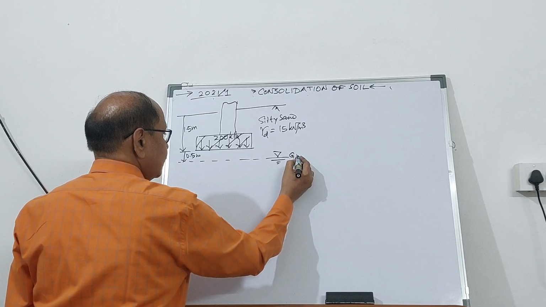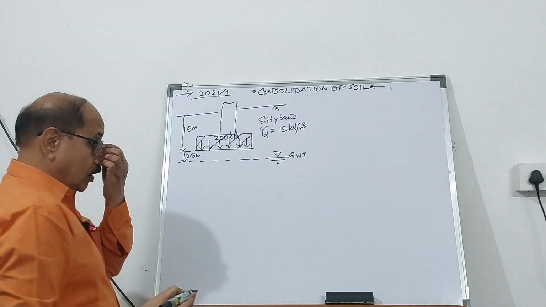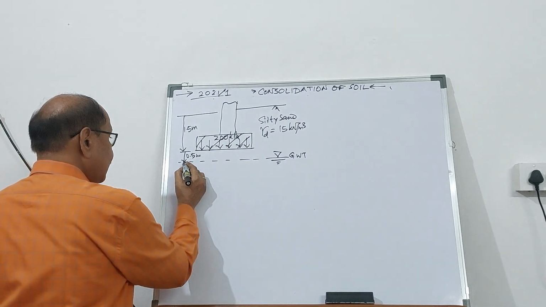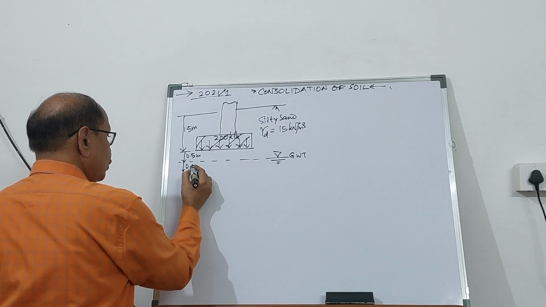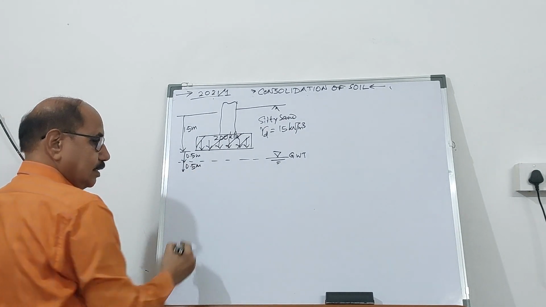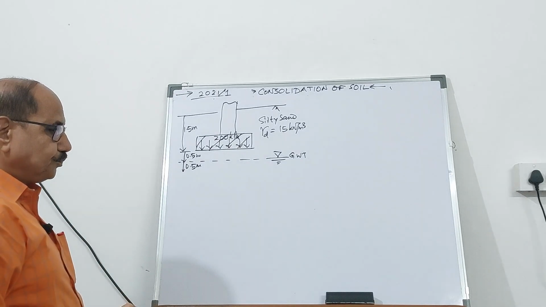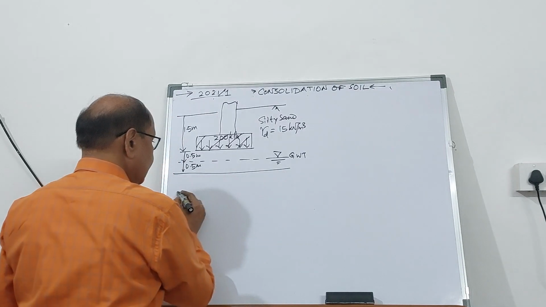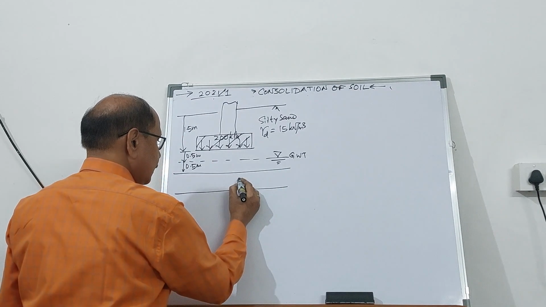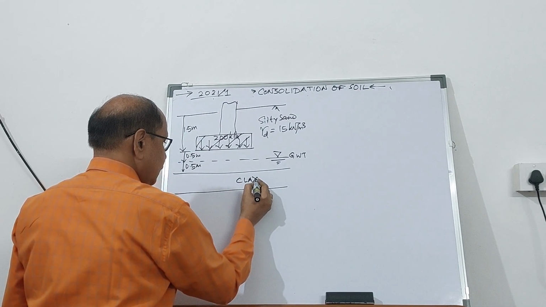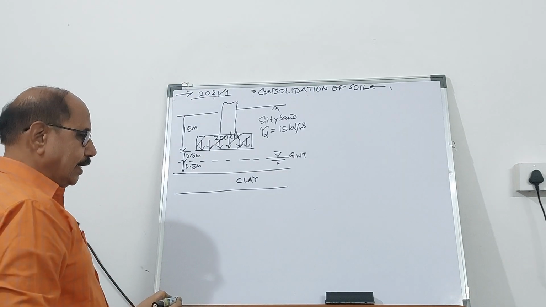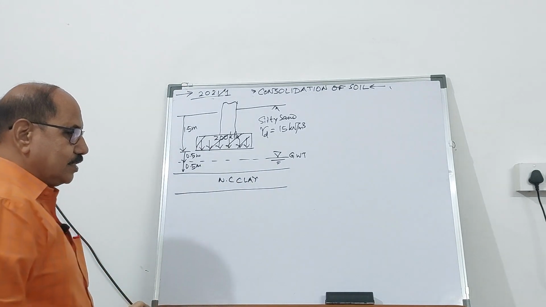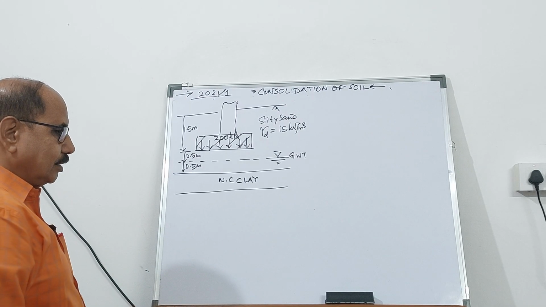This is the groundwater table. And further below 0.5 meter, you have got a clay layer. So you have got clay which is normally consolidated. So NC clay you have got here,